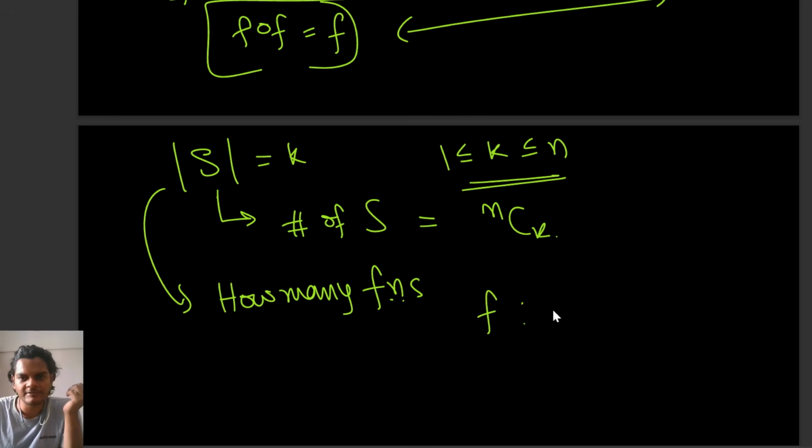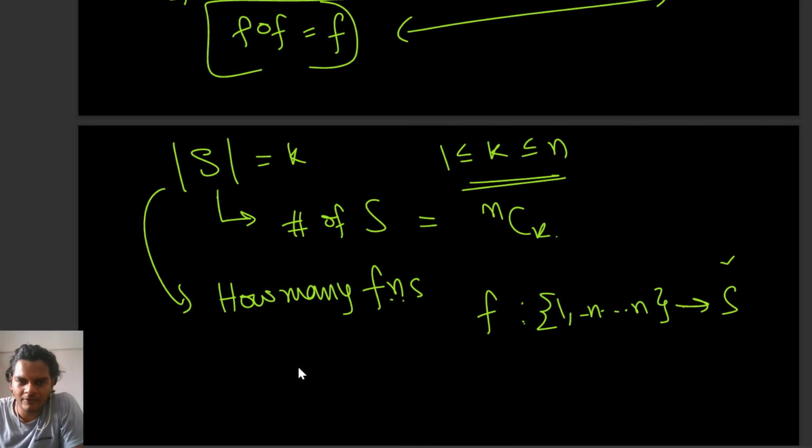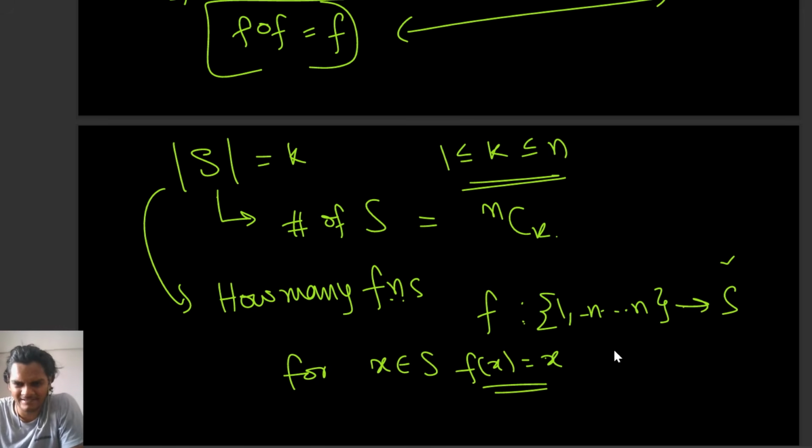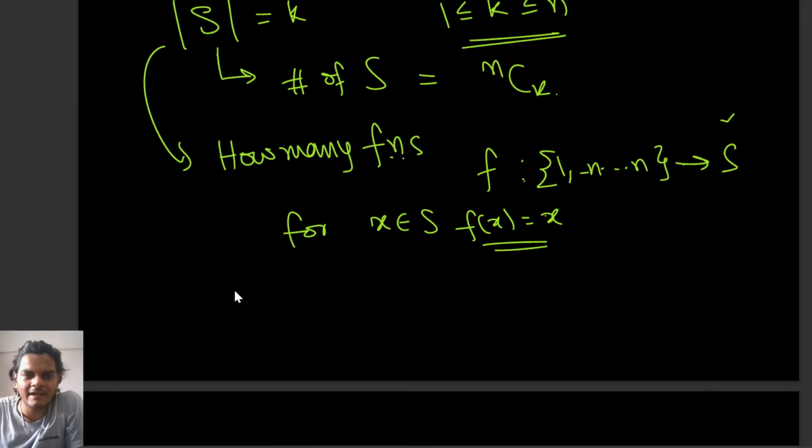For the k values of this, we will give one of the k, 1 to n to S. So whatever elements in S, for x belongs to S, f of x equal to x, right? That is the definition. But for x